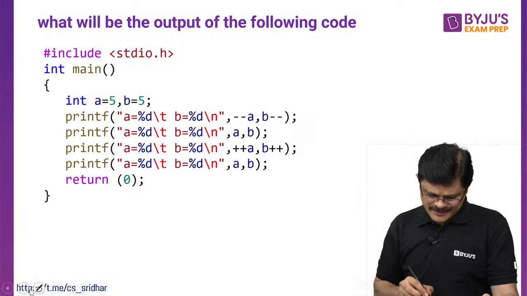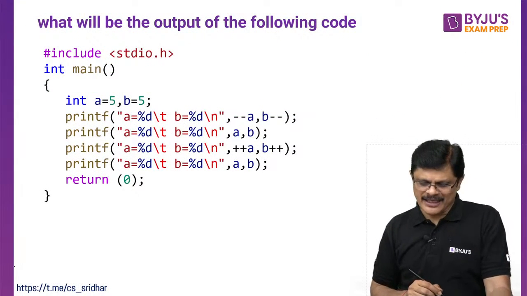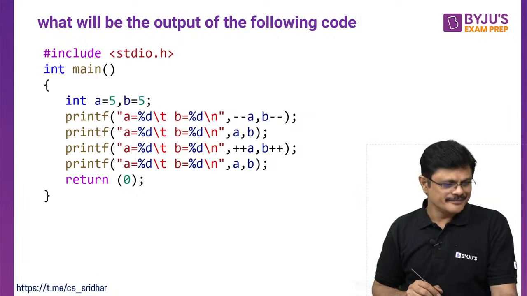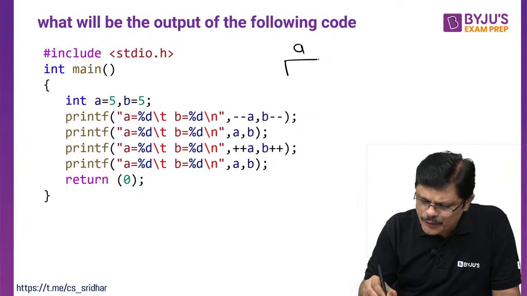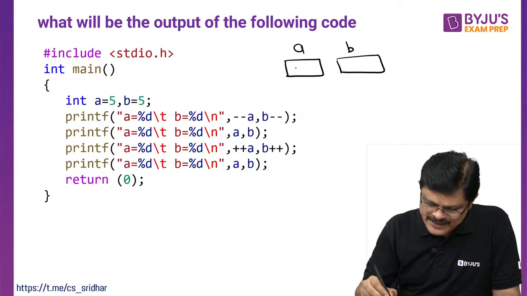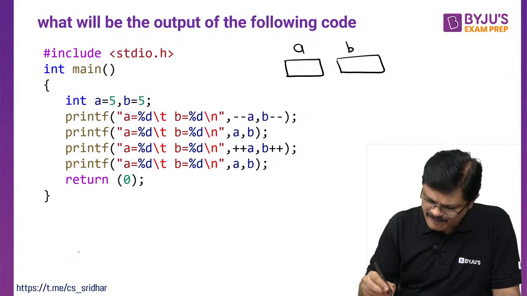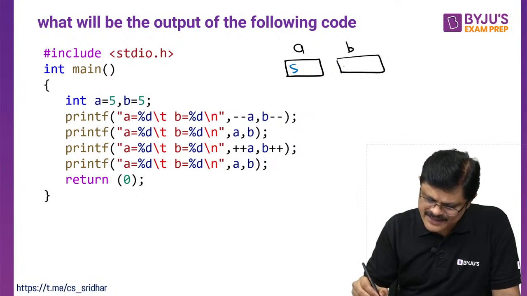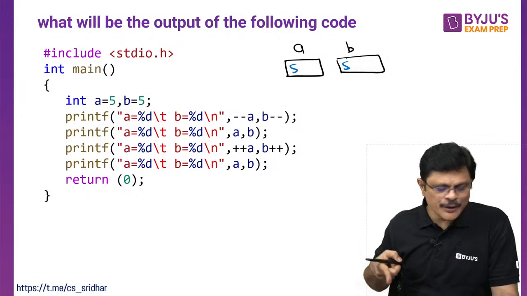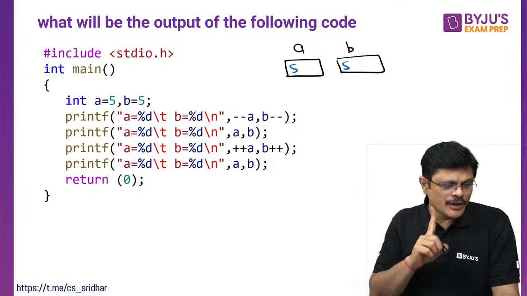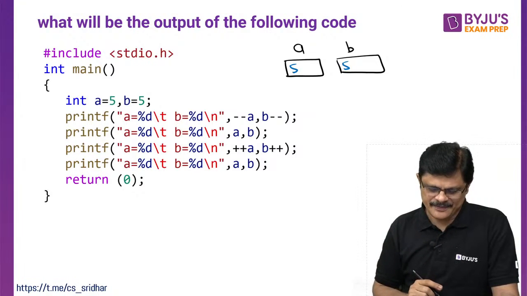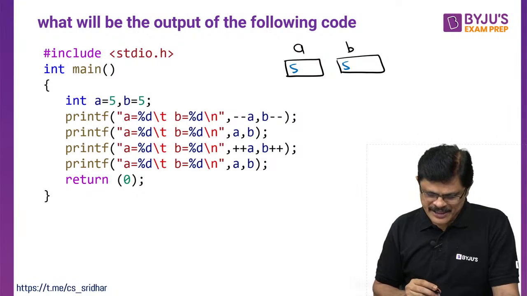Okay, try this, sir, and I want the answer for this. Here A value is 5. See what you do in such problems. You create a block for A and B, sir. So what is the value of A, sir? 5. What is the value of B, sir? 5. Now continue the story and update the values whenever it is needed. Then you can get the correct answer. You will not make mistakes anytime, my dear friends.